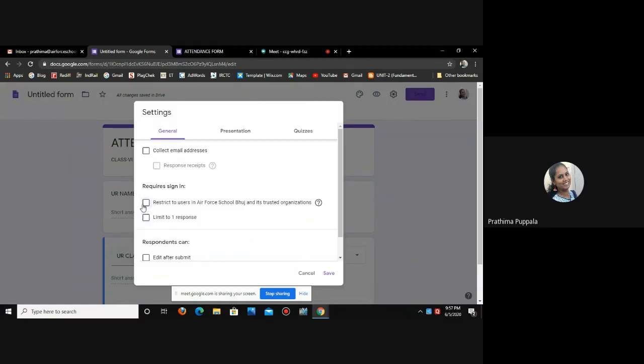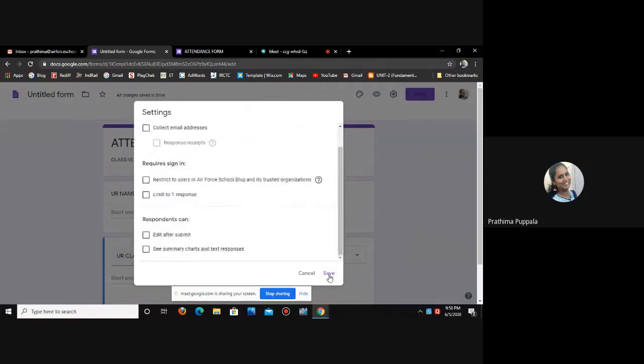If you uncheck this box, people outside the organization, who are using personal Gmail IDs, can also open your link and submit the attendance or their responses. Okay, now I'm unchecking the box, and don't forget to save the settings. Once you uncheck that box, you just click on save. At the bottom you can see two options, cancel and save. So click on save.